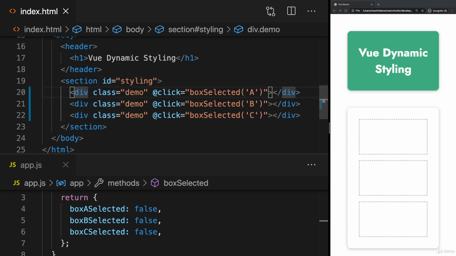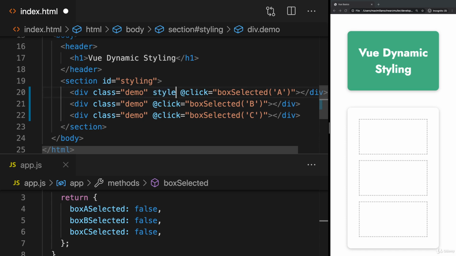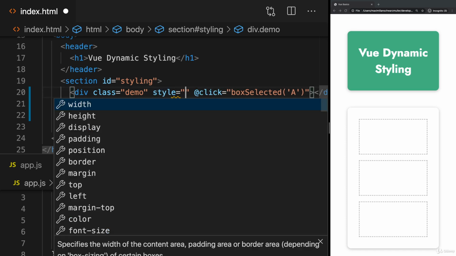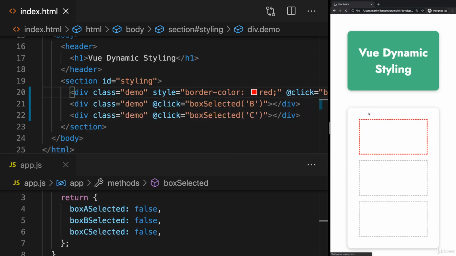Well, we can set styles either through CSS and CSS classes, or also with inline styles by using the style attribute, which is available on basically any HTML element. In there, you can do things like this: border-color: red. If I save that, we have a red color here on the first box,